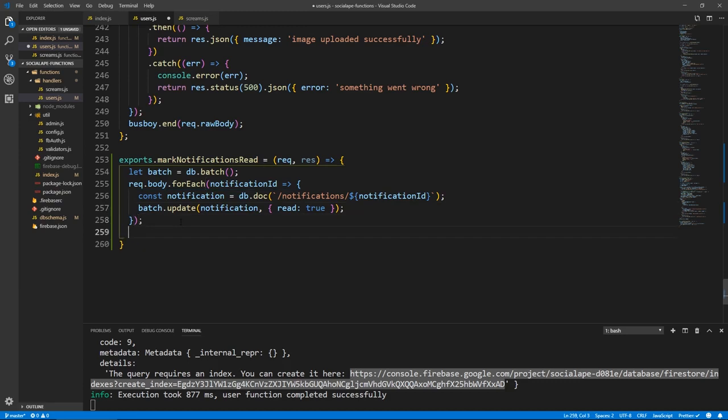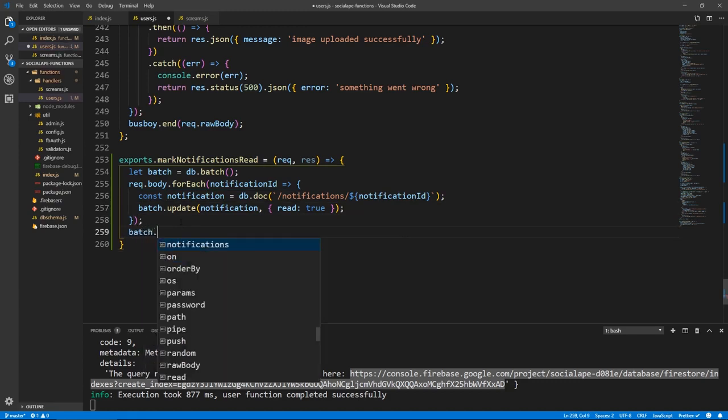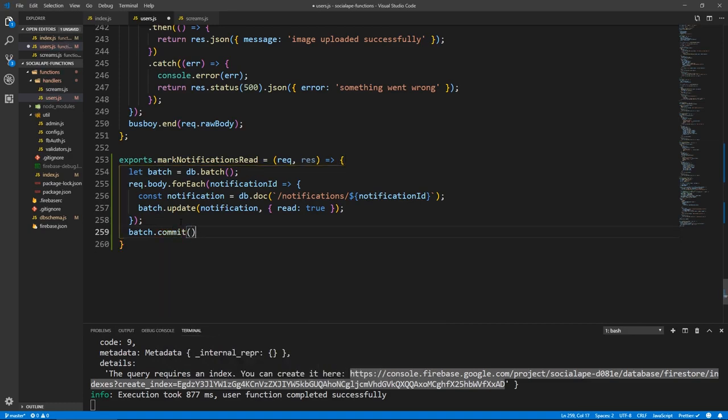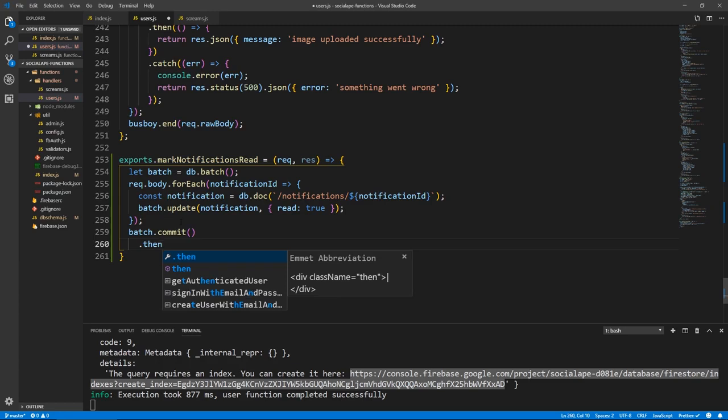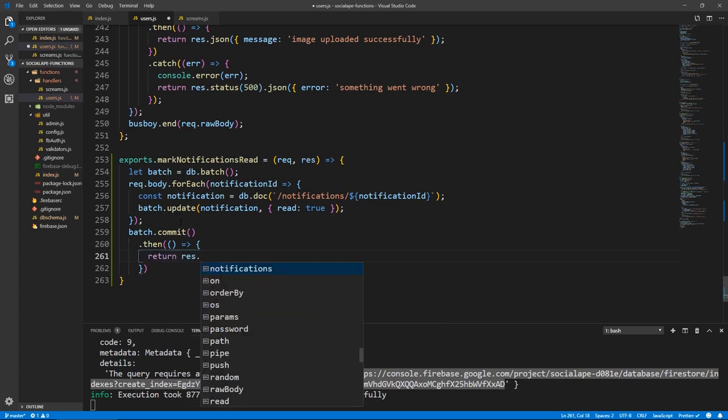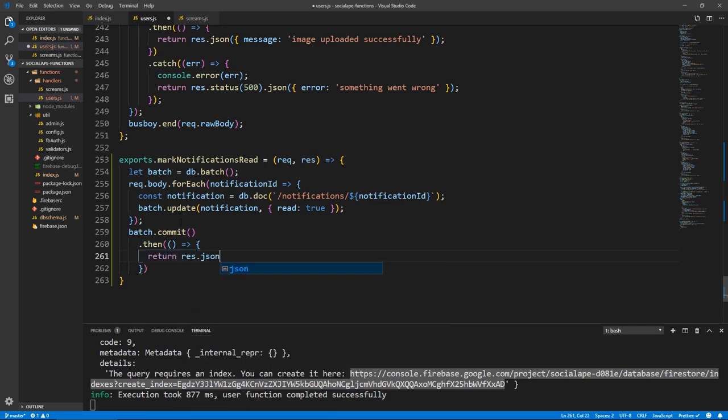So once the forEach is done, we can do batch.commit, which returns a promise, and we do .then, doesn't hold anything, I think, and we just return response.json, and we're just going to have a message. We'll say notifications marked read. All right, and we catch.